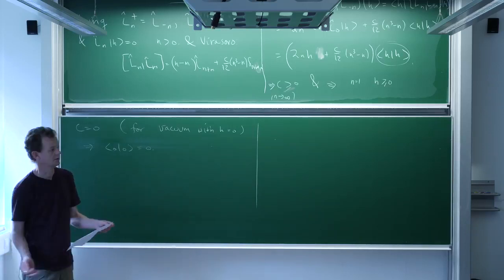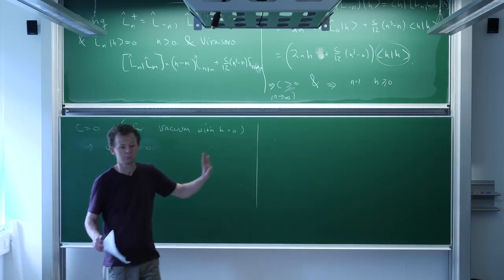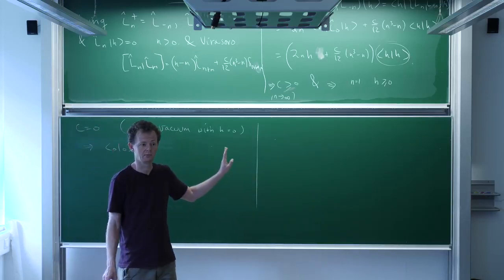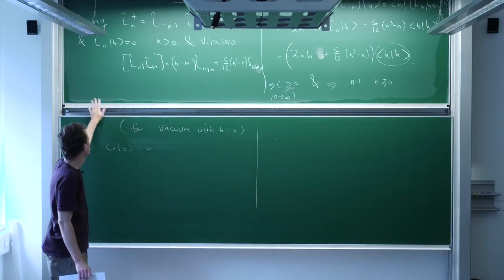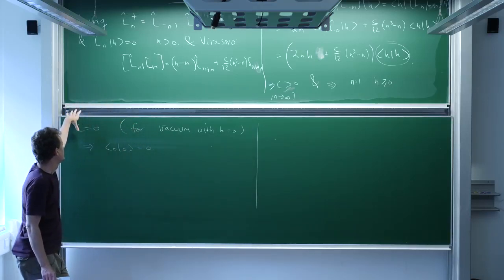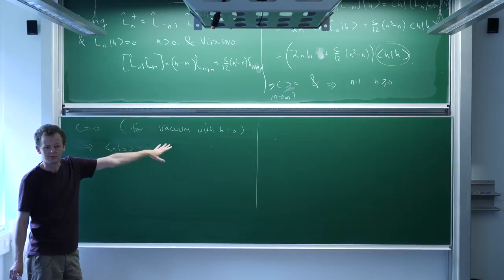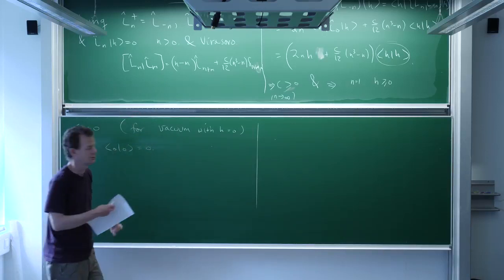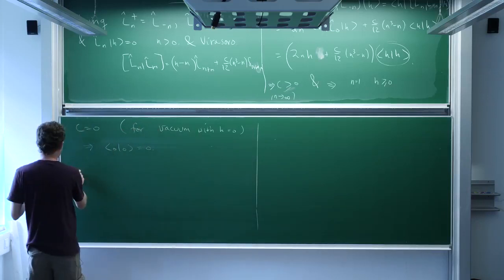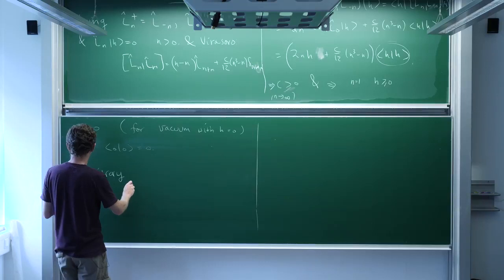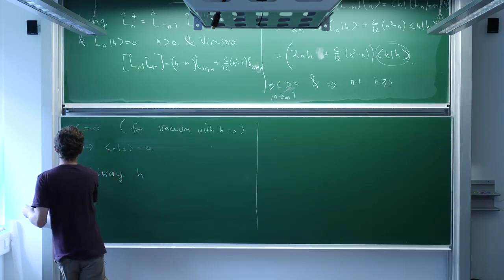Now that's just for h is naught. You might think, okay, well, maybe we don't get interesting unitary representations of the local conformal transformations for c is naught. But what about h not equal to naught? Maybe you just go there and you can get interesting representations. Well, actually it turns out not either. So for arbitrary h,